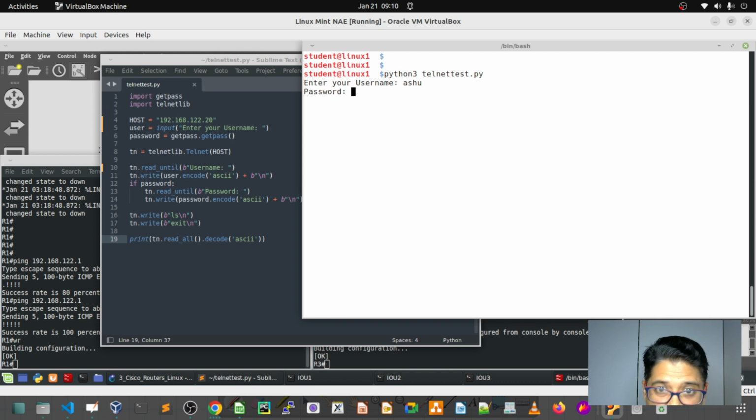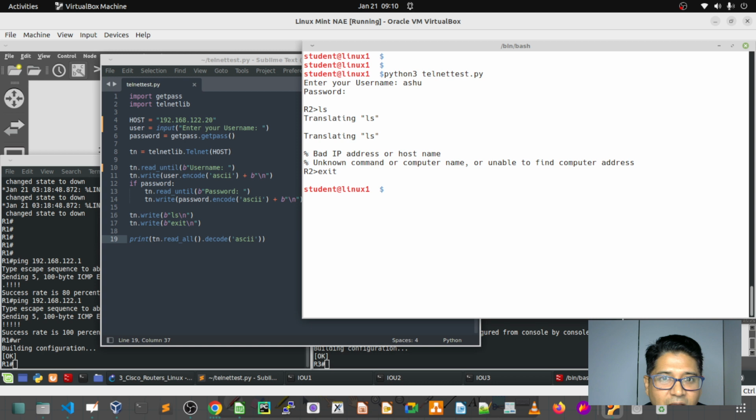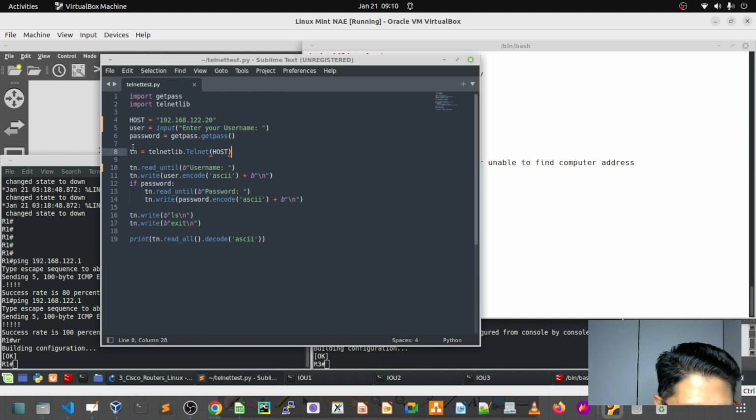The password is also stored. They went into the router, but something is wrong. They print that the ls command does not belong to the router. So where are we stuck? This part is working fine. Username and password, they are taking successfully. They went into the router, but they are not able to